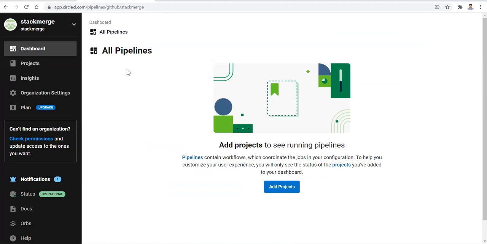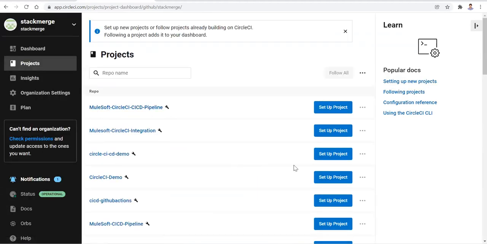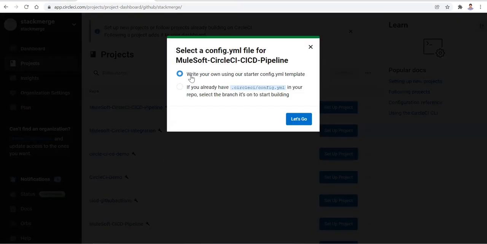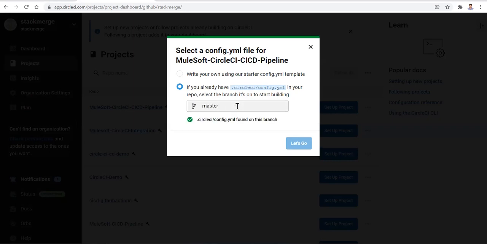Okay. So now let's go to the projects. Just now we have created this project, right? All these projects are visible because we have integrated CircleCI with GitHub in the first step. Now let me build the pipeline for this one. Set up project. Now you can see we can write this config.yml, the same file, from here also. But I don't want to do that. So let me go ahead and save this one and say master. Yeah, so this is there. See, so file. Let's go.